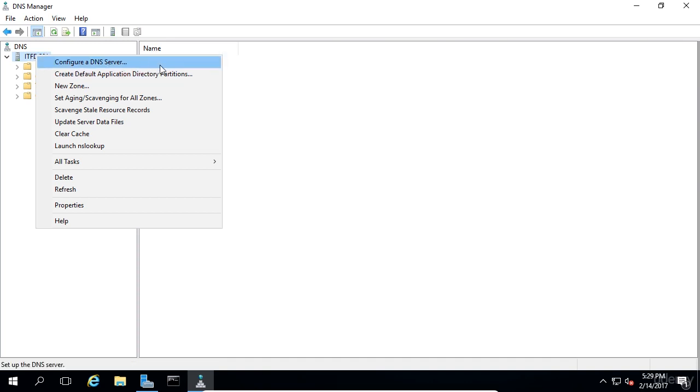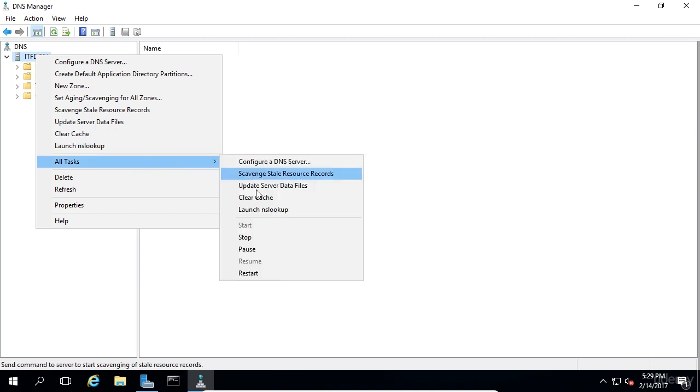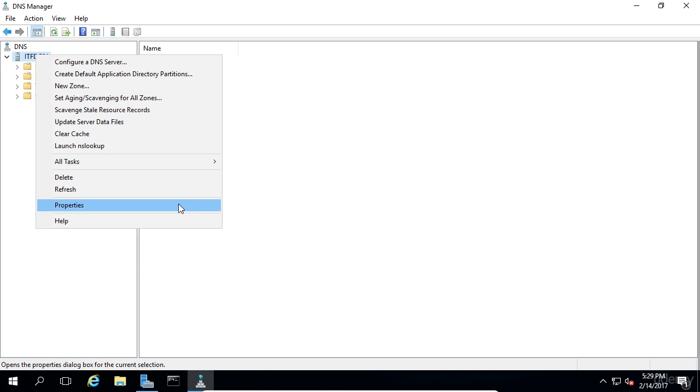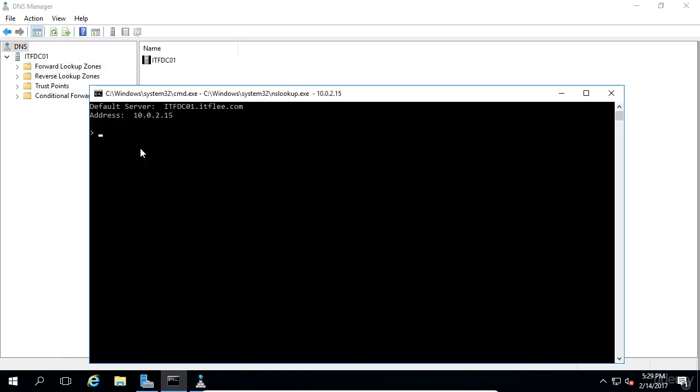From here, we can do any administrative function we need to, such as configuring the server and its zones, removing stale records, which are records that are outdated or no longer valid, updating server data files, clearing the DNS cache, launching NSLookup, which is a name server lookup tool, starting or stopping the DNS server, editing the server properties, and much more. Let's launch NSLookup and search for our domain workstation